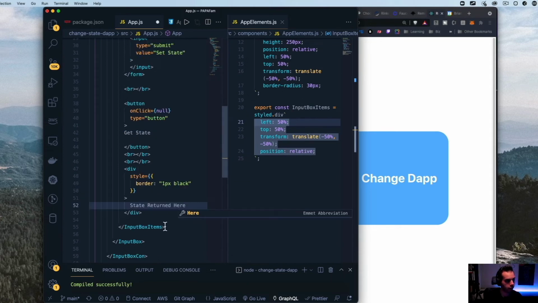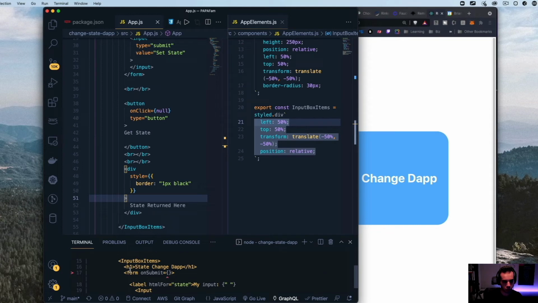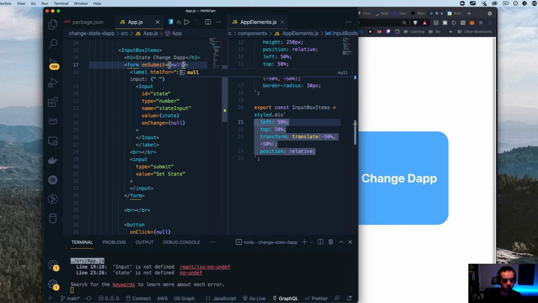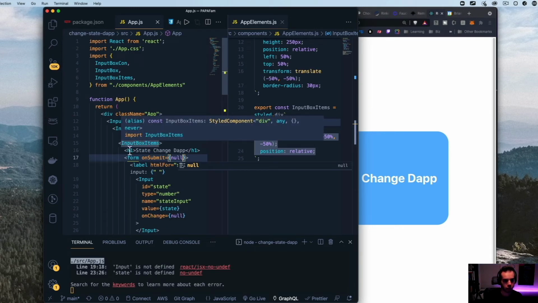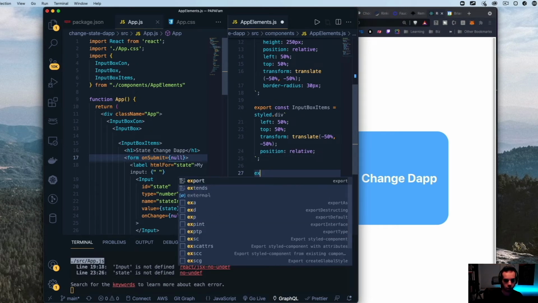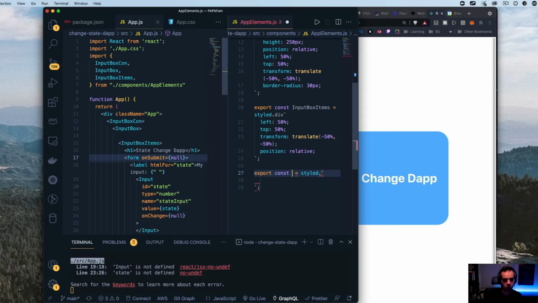So then after that, we're going to save it. And let us see what we have so far. And there might be an error where it's saying on submit. We're just going to put null. And then for input, we're going to do styled.input. We're going to call it input.